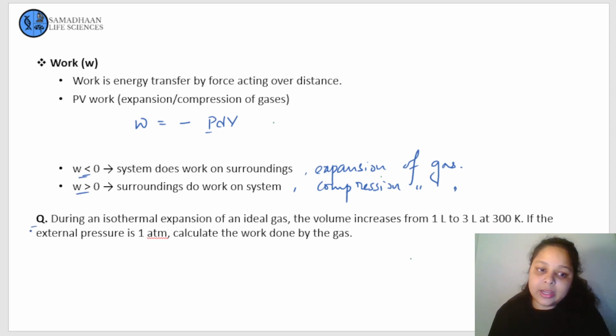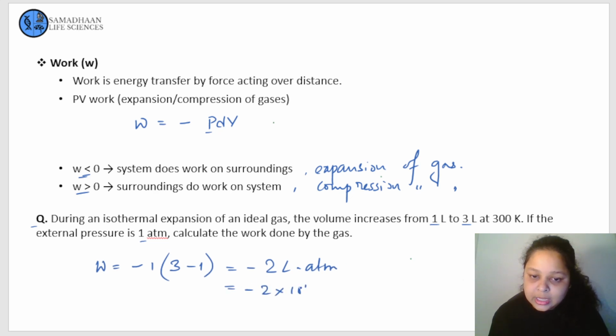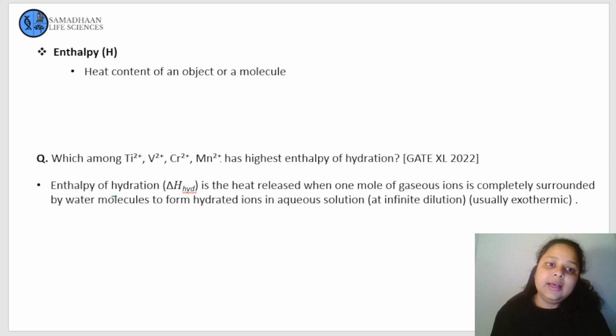So let's take an example here. During an isothermal expansion of an ideal gas, the volume increases to 1 to 3 liter. If the external pressure is 1 atmosphere, then we have to calculate the work. So here minus 1 times final volume minus initial volume, so minus 2 liter atmosphere, or we can convert it into joule by multiplying it by 101.3 joule. So the answer is